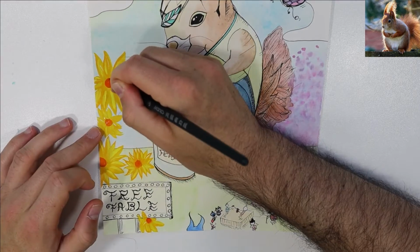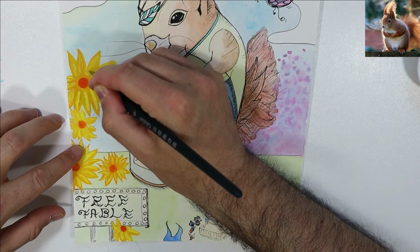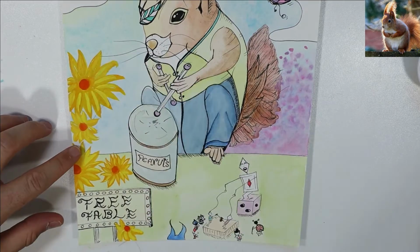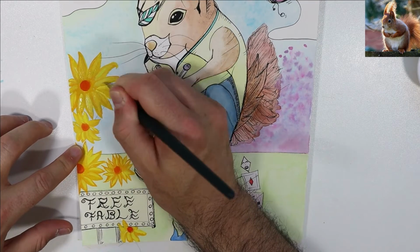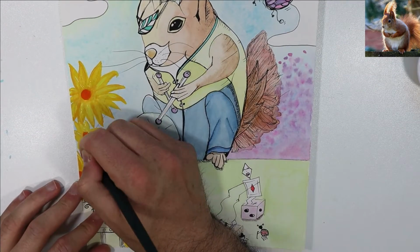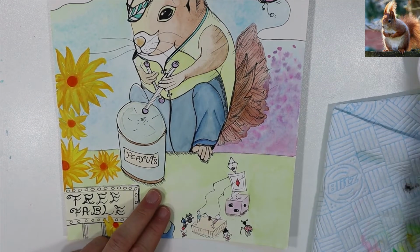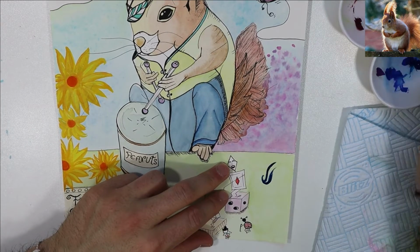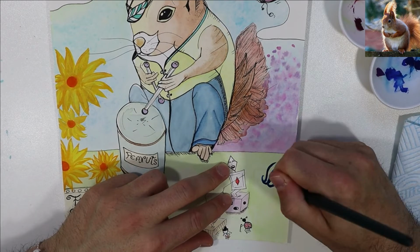And the second problem that I had is that when I created the first layer and the background was in watercolor, there was too much difference, technically and visually. So I had to create a gradient layer, a middle layer, diluting watercolors at some point to create a kind of blurry background that stood between the first layer of gouache and the third layer of watercolors. So in definitive, because I don't want to make this too long,